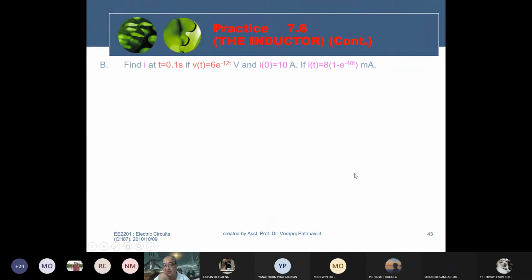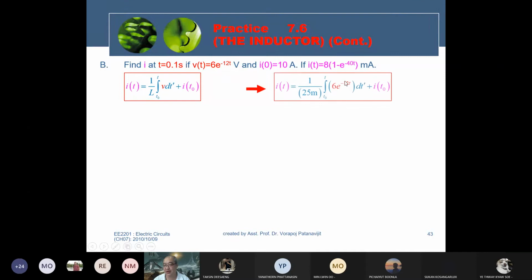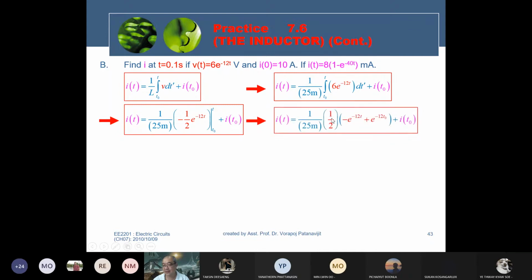The second one is considerably tougher than the previous one. It requires your integration skill. You integrate here, integrating e^(at), step by step. It gives you this result. After you get this, you know that,